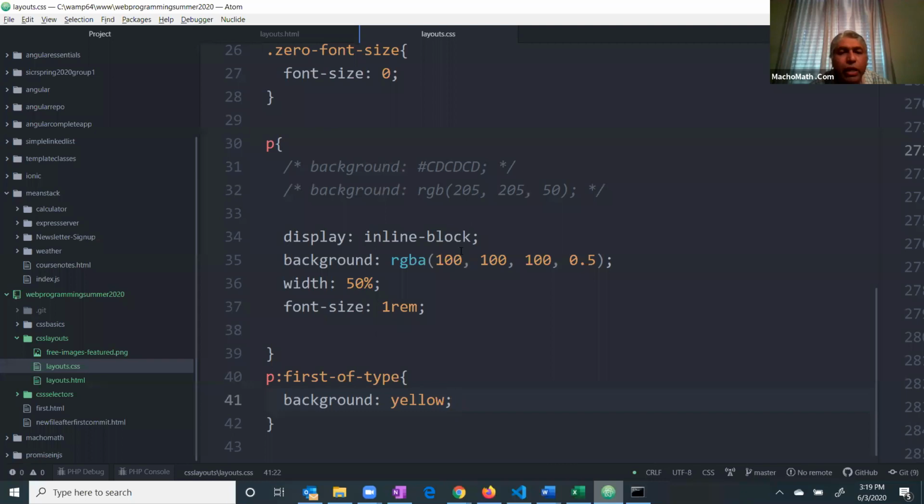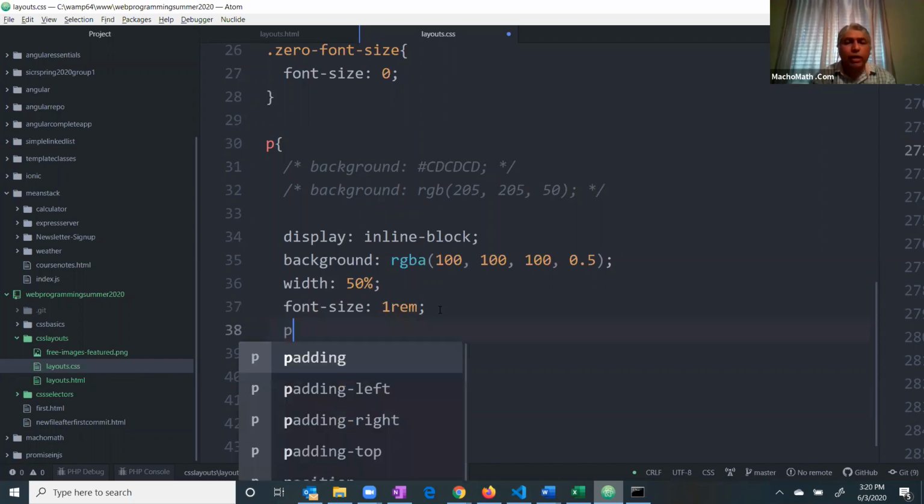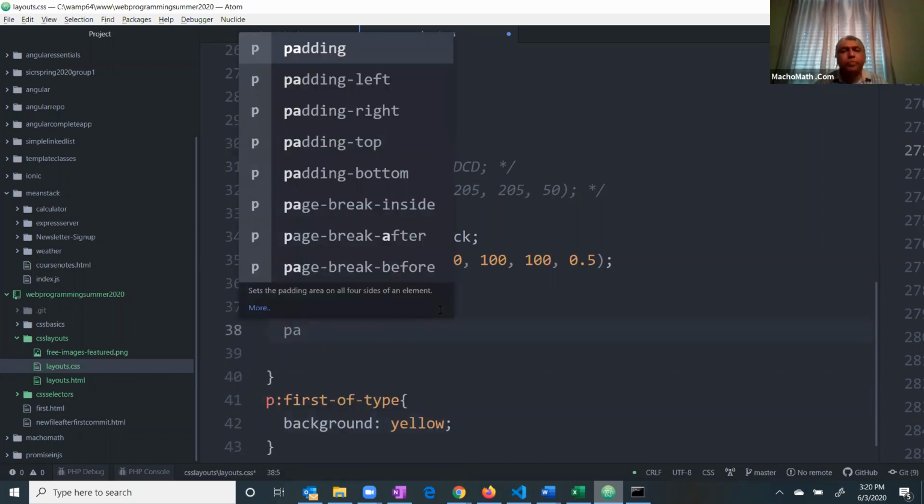For example, I can come over here and say, hey, you paragraph, you get a padding. Look, in CSS it goes like this. Every property has a summary property, or you can say abbreviated property, for example padding. You can give different padding on all four sides. But if you want to give explicit padding, you can say padding left, padding right, padding top, padding bottom separately. I'm going to teach you this also, but for the time being,